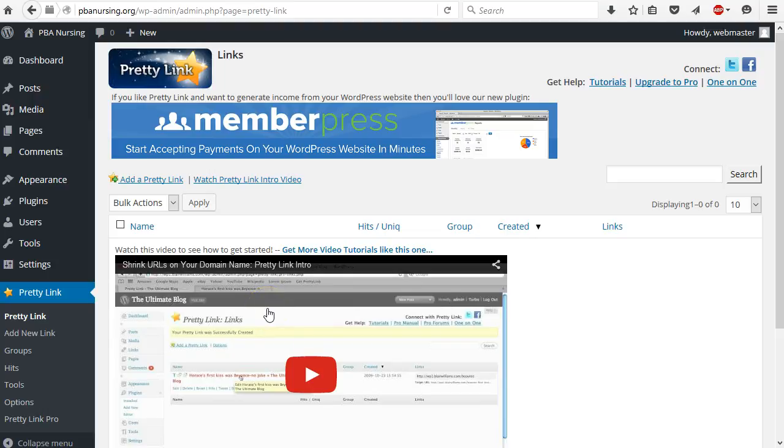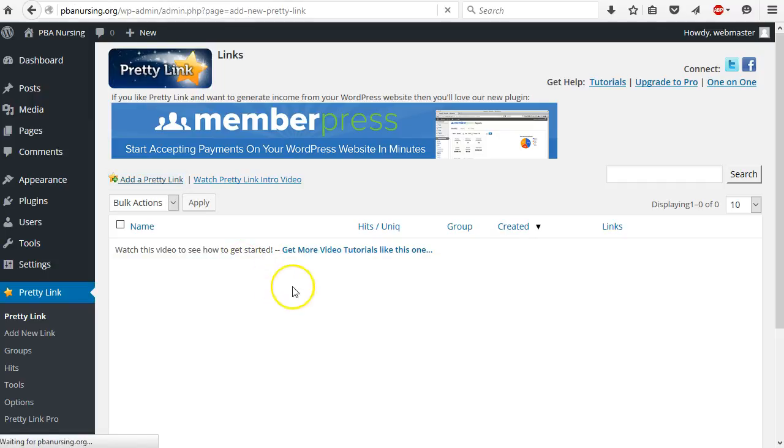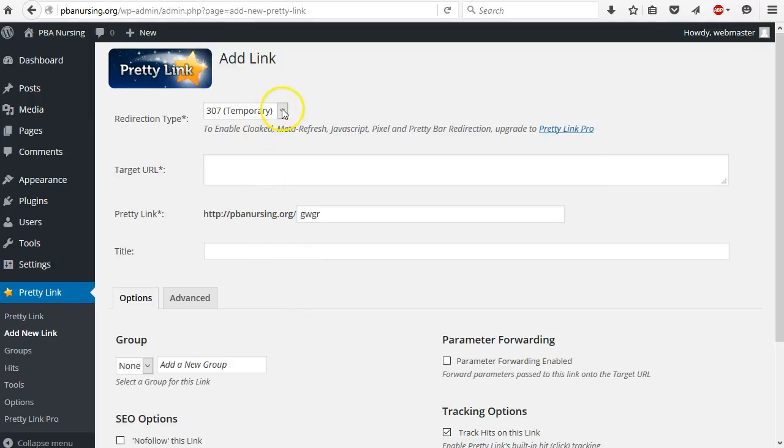Now what Pretty Links is going to allow us to do is create our own custom web links that are going to link directly to a document that ordinarily has a different address. So we're going to add a Pretty Link, and as an example, we're going to tell it to do a temporary redirect, by default. If you do permanent, that's going to imply that wherever you have is permanently moved somewhere else, and we don't want to do that, because if we ever want to change the target to a different place, it'll keep sending it to the old place